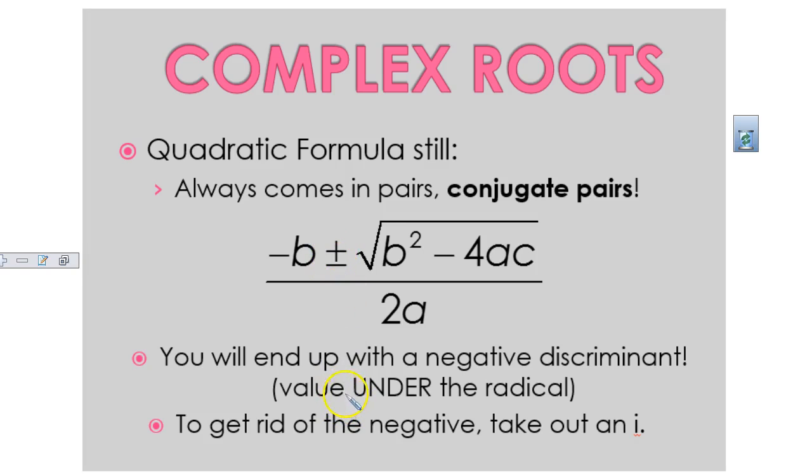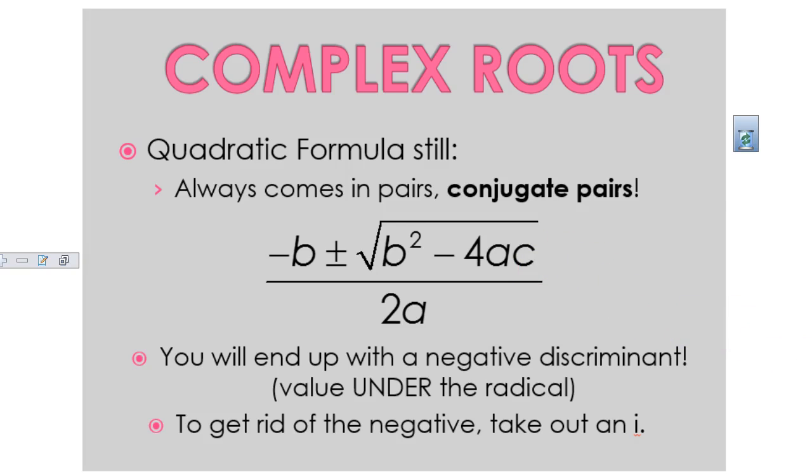If you have a complex root, that means that the discriminant, which remember is the part underneath the radical, b squared minus 4ac, is going to be negative. So you know you're going to have a negative under the square root. To get rid of that negative, we just take out the letter i and use i instead of the square